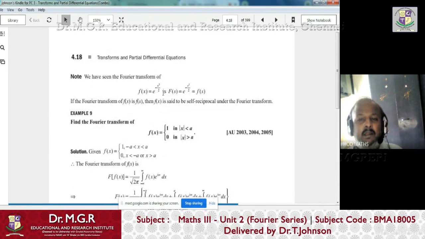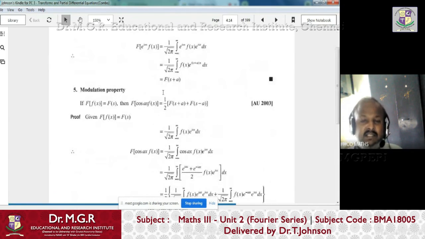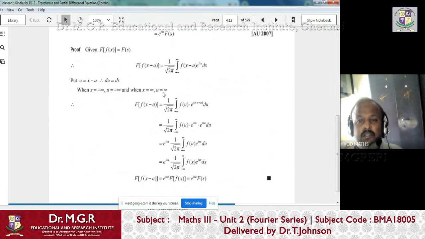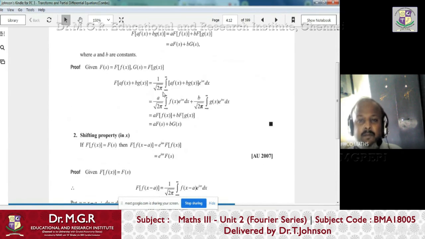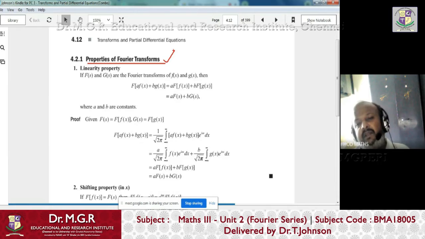So this is the idea behind the general Fourier transform problems, right? Particularly in Fourier transform, there are some properties that are very, very important, because usually in the exam they ask for the properties, right? So for the next 20 minutes, we will see the properties one by one very quickly. Then we will see Fourier sine transform and inverse Fourier sine transform, and Fourier cosine transform and inverse Fourier cosine transform also, and then problems based on that. Okay.